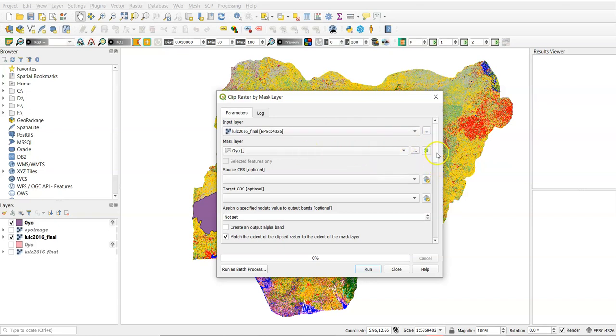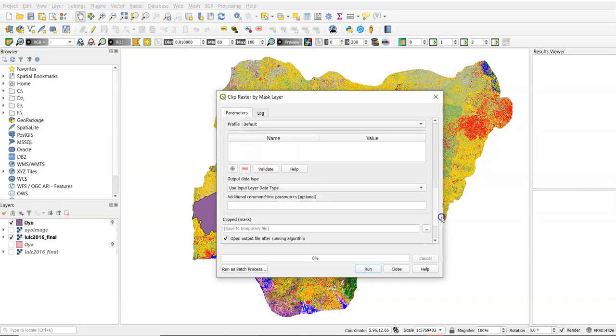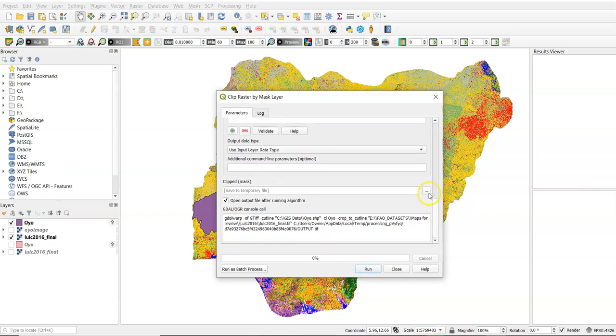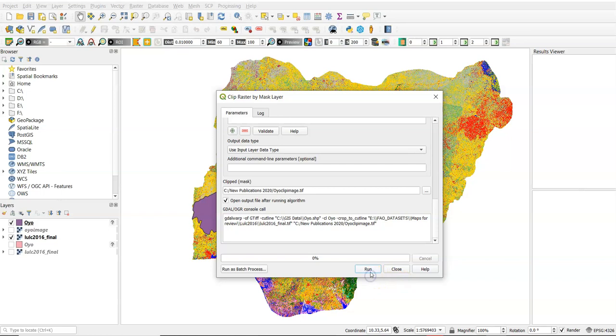Then you choose where to put the output. It will give you the option to save it to a temporary file, save it to a file, or change the file encoding. We're going to save it to a file, and I will name it Oyo clip image. Then you click OK, save, and then you run.